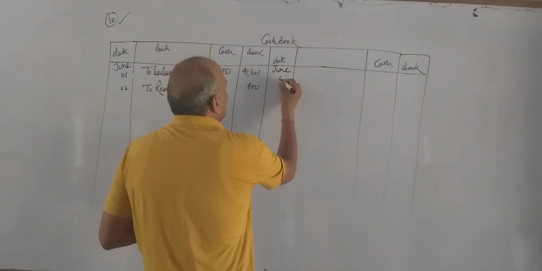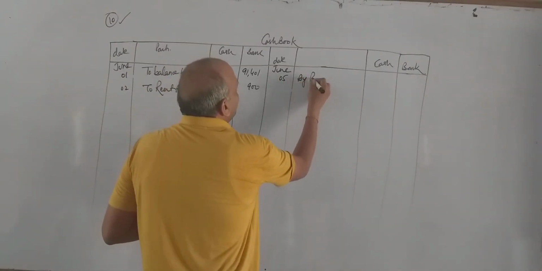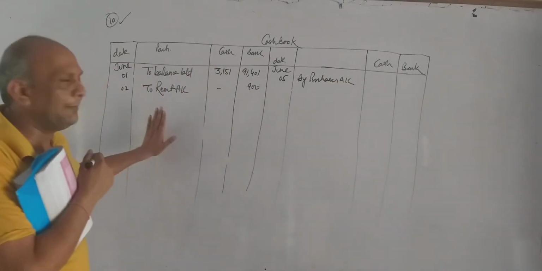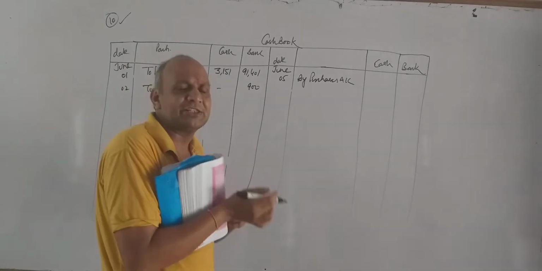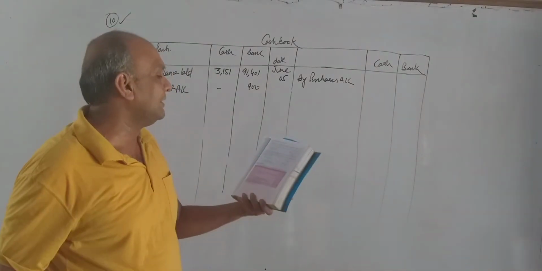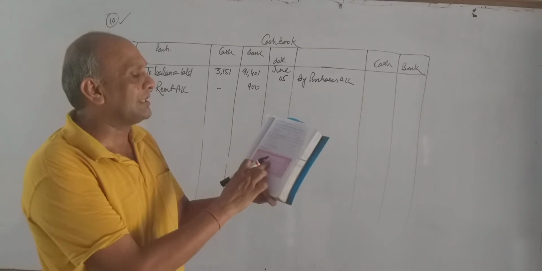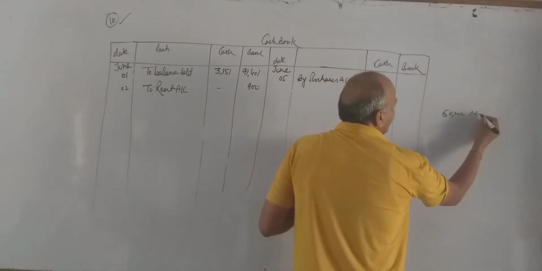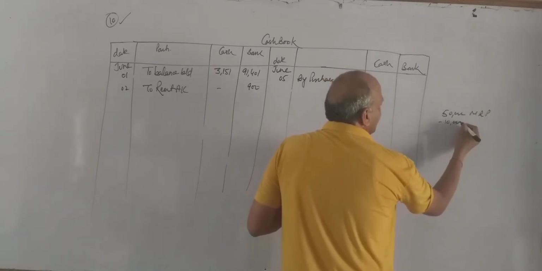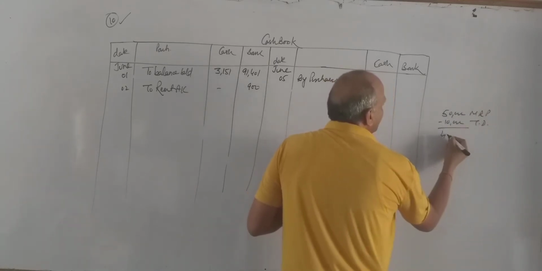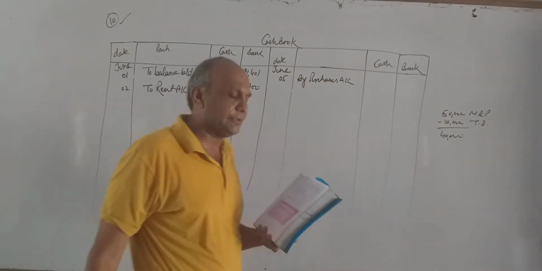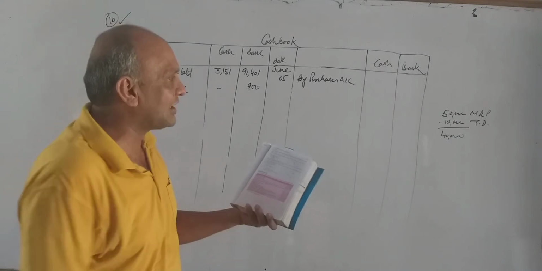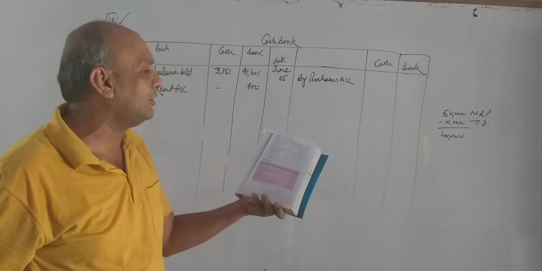We are purchasing the goods. June 5, by purchases. If cash comes in, debit side. If cash goes out, credit side. So here we have given bought goods for rupees 50,000 at 20% trade discount. Goods MRP is 50,000 and 20% is a trade discount. It means our actual purchase is 40,000. And the sum says that bought goods for 50,000, trade discount 20%, I just deducted in front of you.